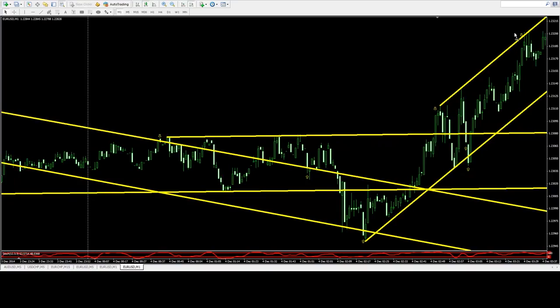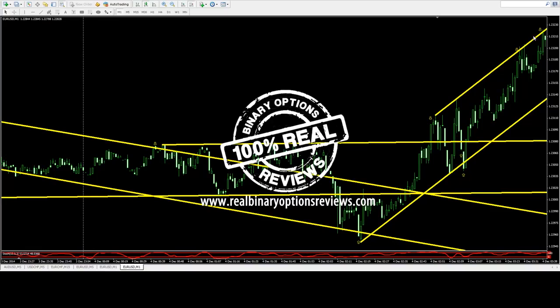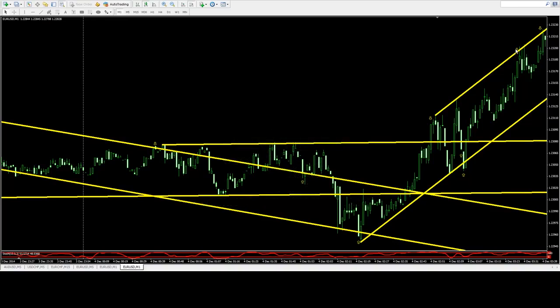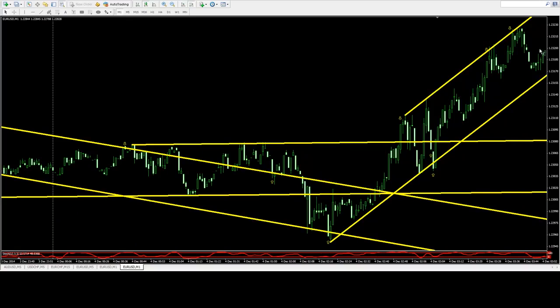So we can do the same thing with this touch here, because it was another attempt, and you can see obviously the price is going higher, and at some point it will form a longer resistance because it has the potential to go all the way down to this level here. So this is another situation where you could place 5 or 10 minutes trade down. Probably better selection would be 5 minutes, but 1, 2, 3, 4, 5, it would be a valid trade, and also with 10 minutes it would be a